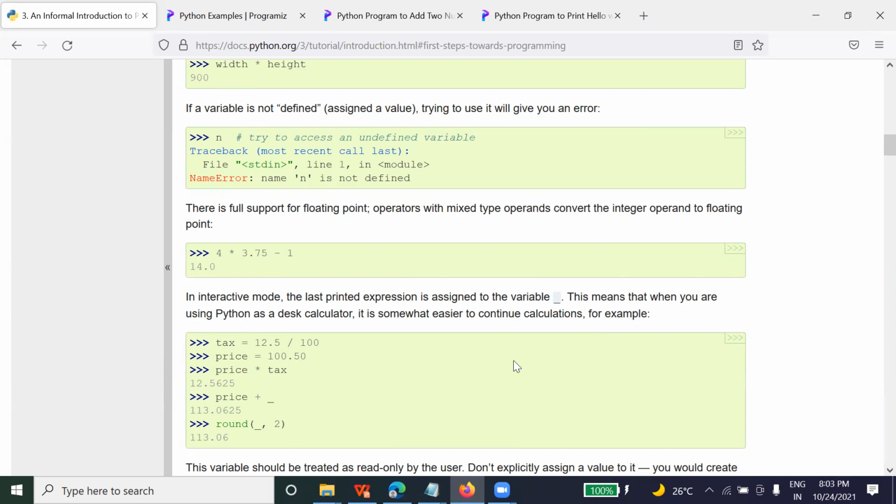Can anyone try? Based on the programs that you have done, why do we use list? Everyone, you said you have practiced it. So why do we use list?